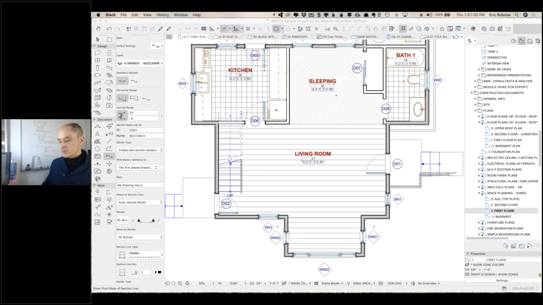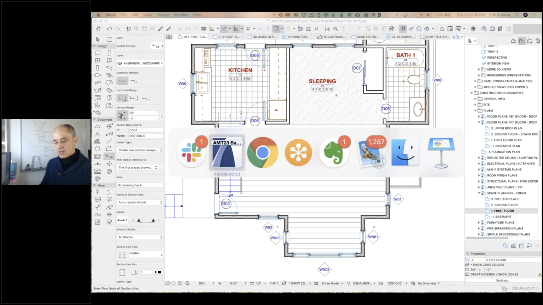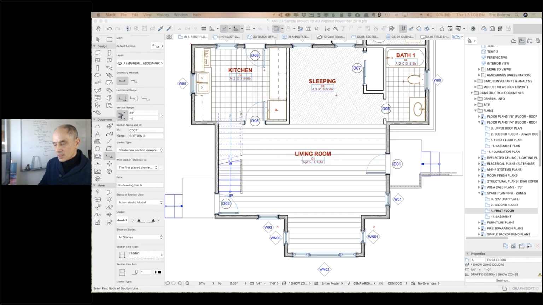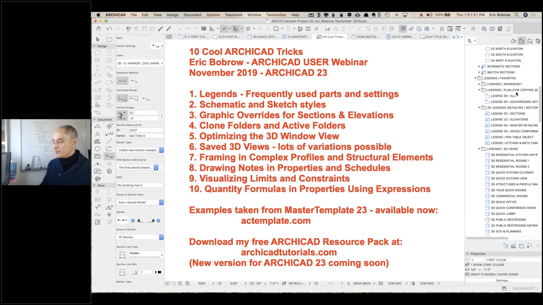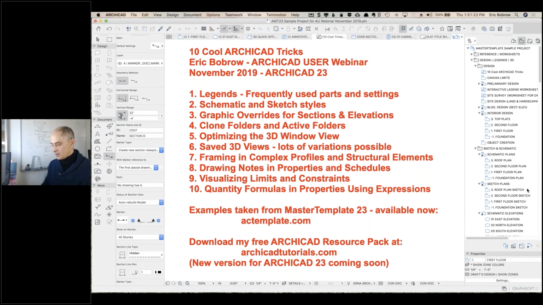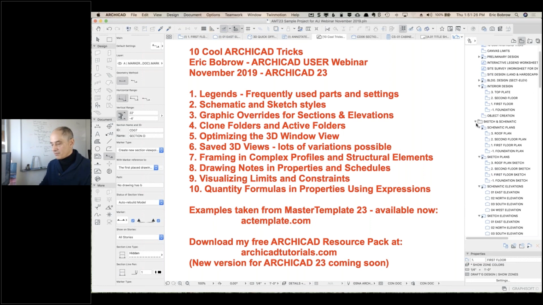Okay, let's move on. Got so much to cover here, but made some good progress. All right, so we have done clone folders and active folders, optimizing the 3D window view. Well, this is something that has a few little subtleties I'd like to bring up for you. So we'll take a view of the, all right, now I've got all these sketch views here. Let's go to, and the legends, close those up. Let's go to